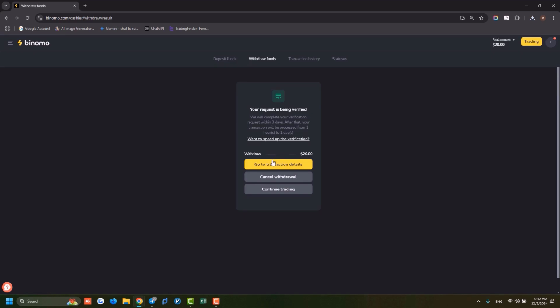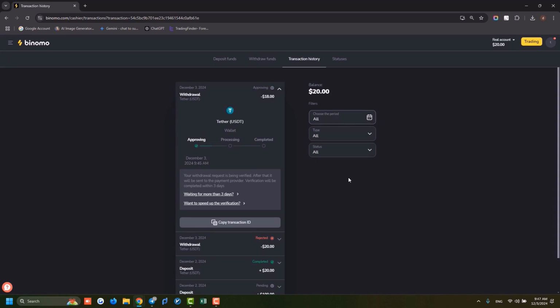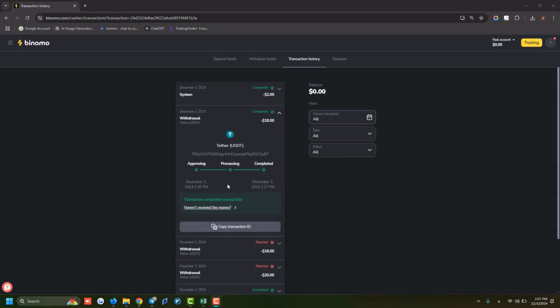You can view the details of this transaction in the Go to Transaction Details section. You can view the details of this transaction in the Transaction History section in full. Well, as you can see, if all withdrawal steps are followed correctly, it will be successfully completed in less than an hour. In the upcoming videos, we will discuss